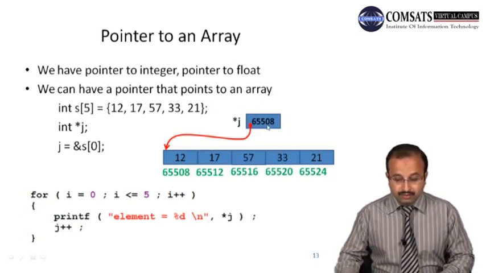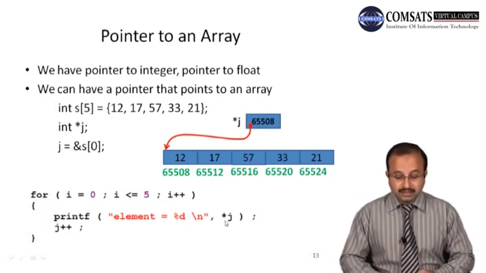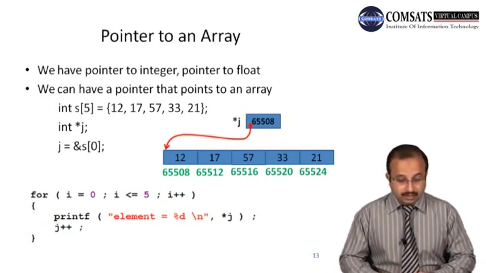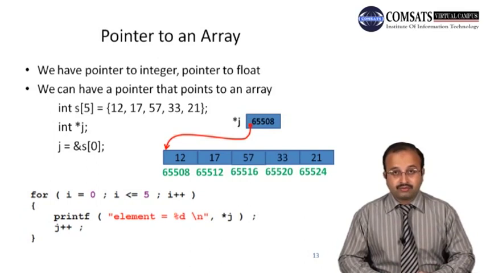So the next value of j is 65512. And then the value of i is incremented. The condition i less than or equal to 5 is true. Then in the printf statement you have element is equal to %d and then star j, and star j is star 65512. The value at address 65512 is 17 and 17 will be printed, and so on. And you can print the whole array using a pointer. So you can have a separate pointer that points to an